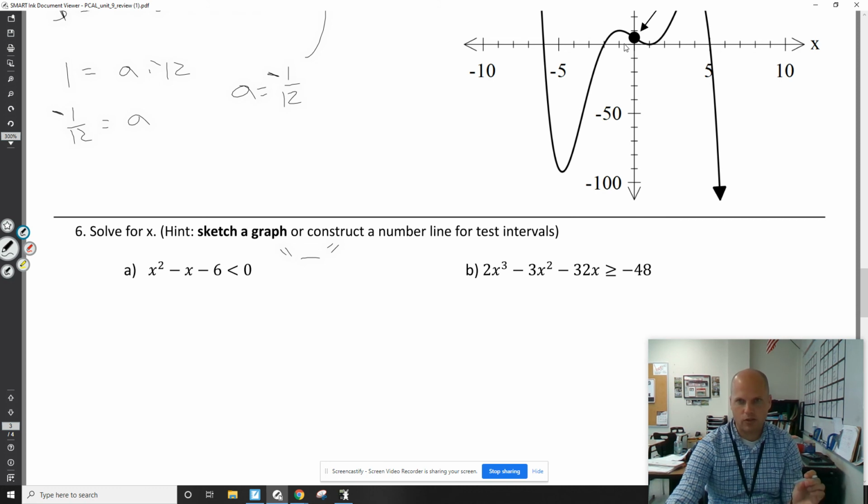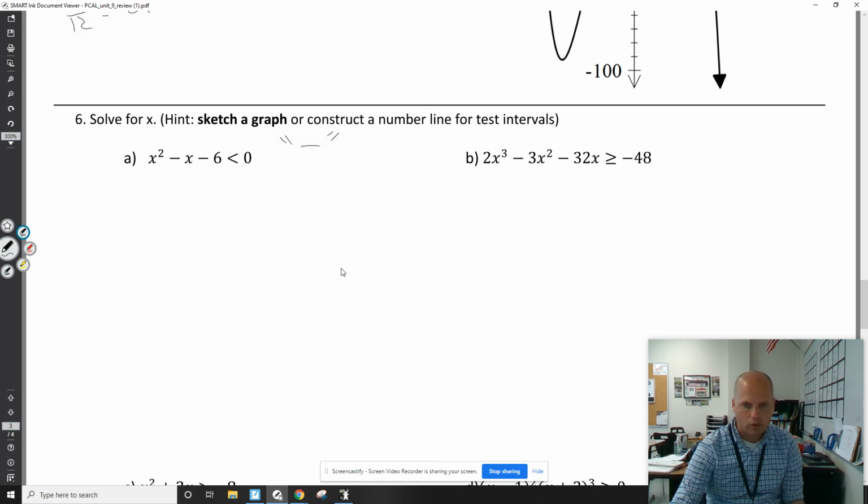So the zeros that we've been finding, these factored forms, these x-intercepts, are very important when it comes to inequalities because they'll tell us when we could possibly change signs. So just like when solving equations, we're looking for zeros of polynomials for inequalities as well. So we look to factor to find our zeros,